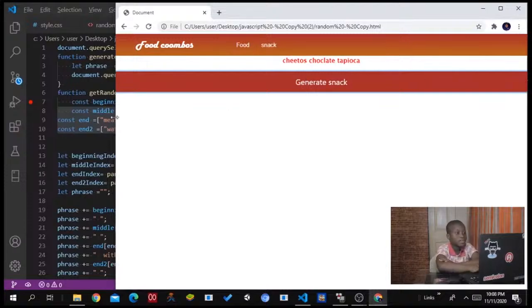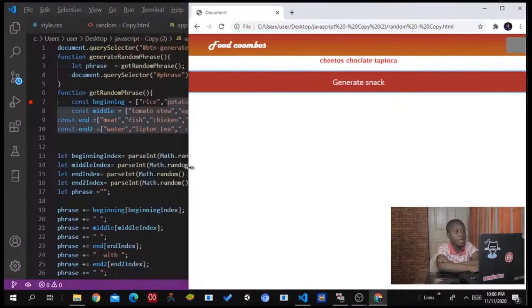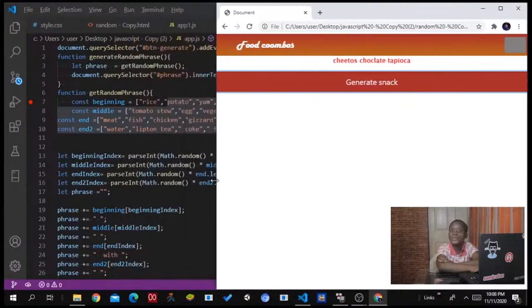So this is gonna be great. This one's gonna create Cheetos, chocolate, and tapioca. I don't know what kind of... I don't know. You're putting your chocolate and you're not adding tapioca. I don't know, for Cheetos. I don't know if many of you know what a tapioca is, but this